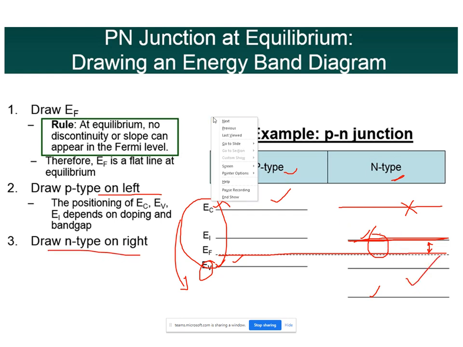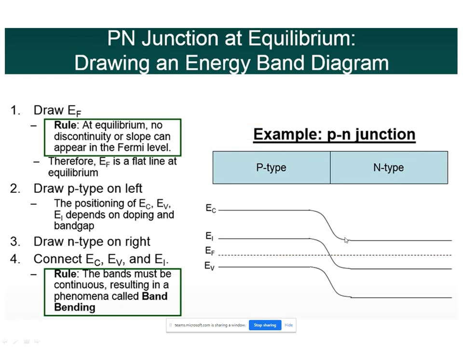This is drawn. So going further, when the bands are drawn for both the materials, p-type and n-type, then we have an option only to join them. And how to join them? There should be some slope. We don't have any other way. So connect EC to EC. Yes, this is EC for the n-type material and this is EC for the p-type material. We have to connect them.